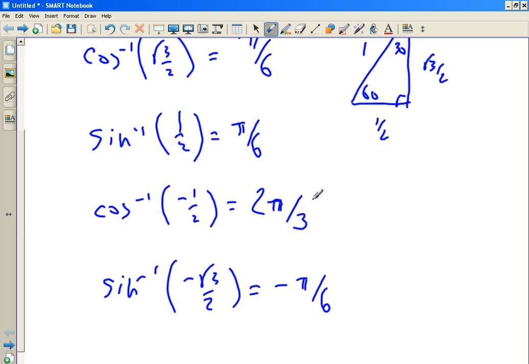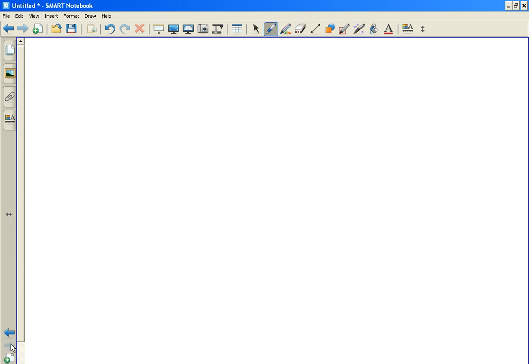Remember, we restricted the domain of cosine from 0 to pi, so that's the answers we're going to get from the arc cosine. We restricted the domain of sine from negative pi over 2 to pi over 2. Okay? So that's the answers you're going to get here. No, that's it. We're not allowing numbers outside of this range. Out of the 180. Right. Well, this would technically be negative 90 to positive 90. 0 to positive 180, right? All right, so that's a little bit of arithmetic that you should know from somewhere in your vast store of